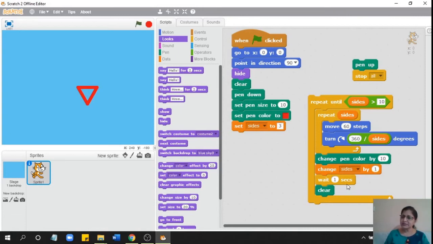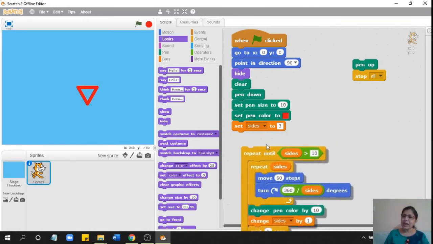It will wait 1 second and it will clear and then draw the 5-sided figure here. Then it will again change the pen color, make it 6 sides, wait 1 second, clear and then draw a 6-sided figure. And this is how it will go on till it reaches 11. When it reaches 11, it will stop. It will not draw the 11-sided figure.